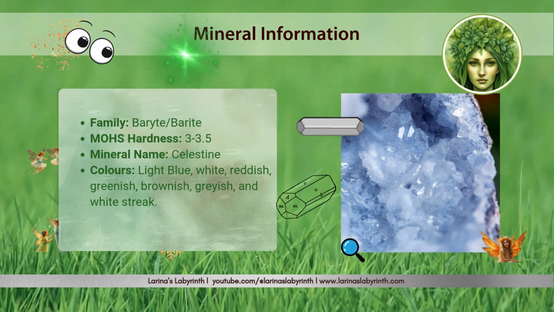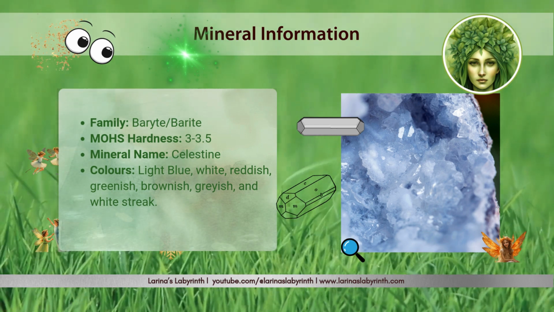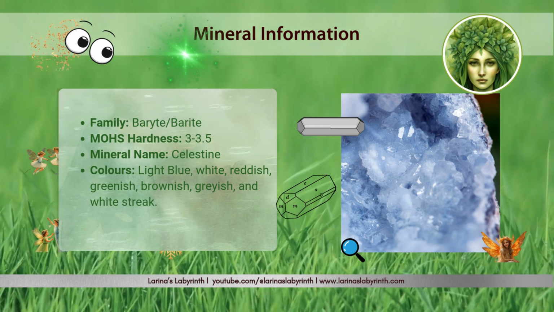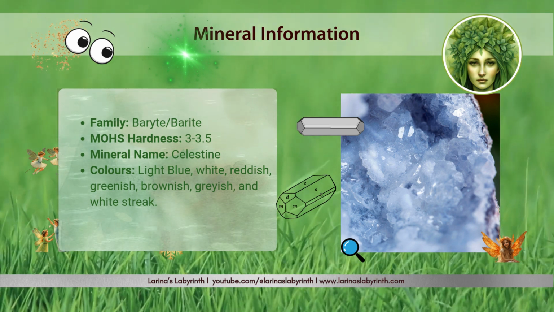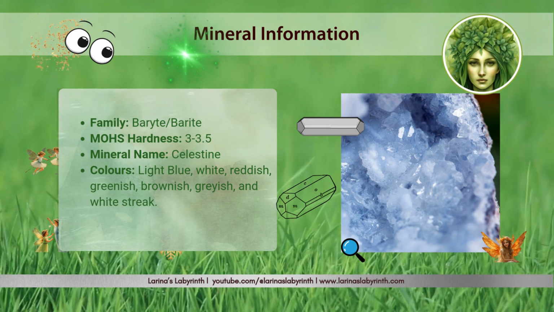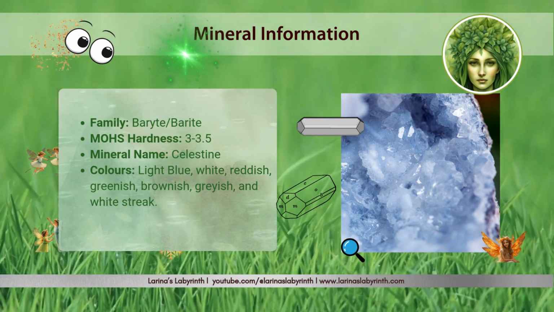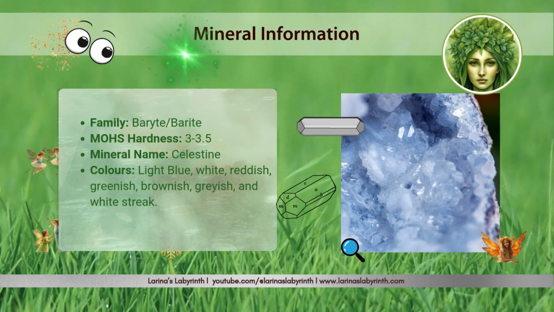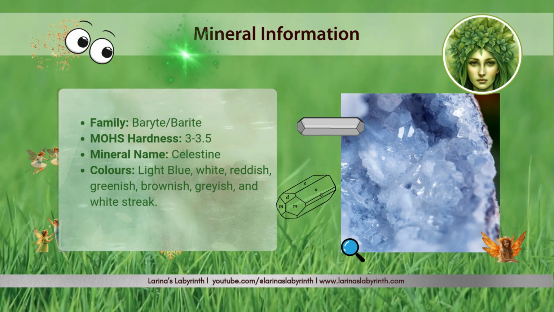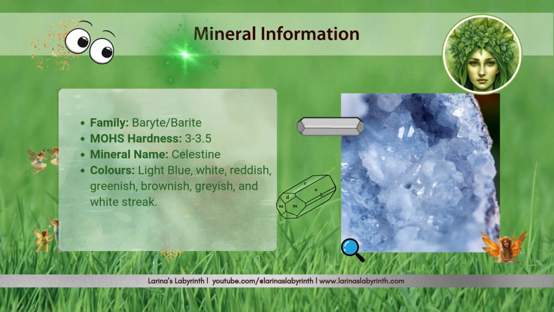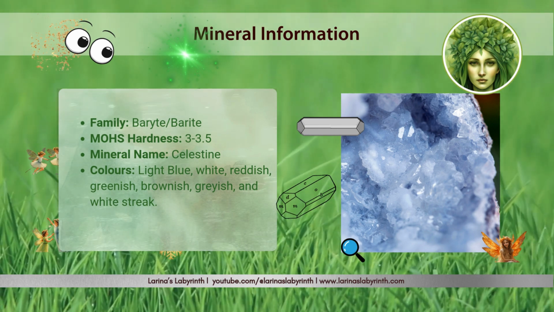Before I talk about the mineral information, you will see these little images that I've got here. I've got the blue one, which of course is the Celestite, but then I've got these graphics, and I included those because when I went and checked out this mineral information, it actually makes specific reference to the shape of the points. Now, for your information, if you're new to crystals, you might not understand what I mean by points. What I do mean is the individual pointy part that is in the cluster.